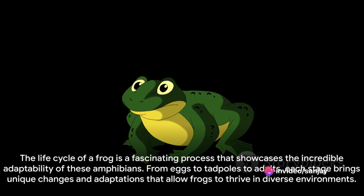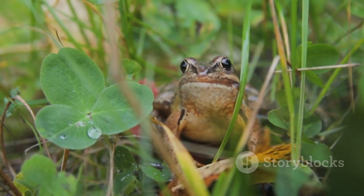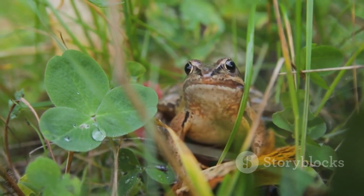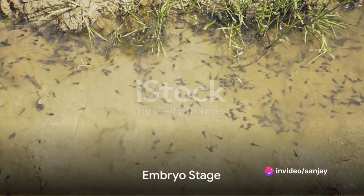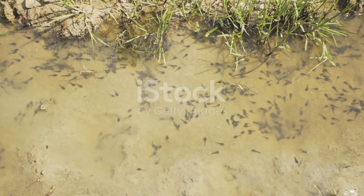The life cycle of a frog is a fascinating process that showcases the incredible adaptability of these amphibians. From eggs to tadpoles to adults, each stage brings unique changes and adaptations that allow frogs to thrive in diverse environments. After a period of time, typically a few days to weeks depending on species and environmental conditions, the eggs